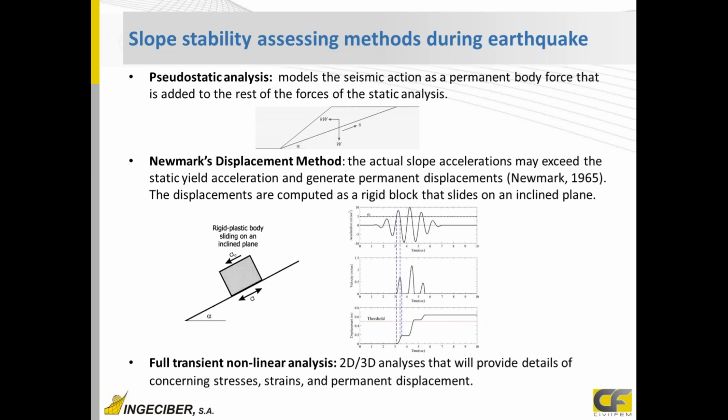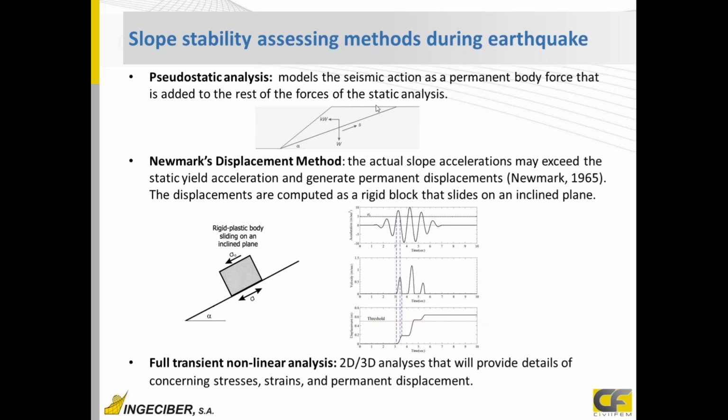For applying seismic loads, there are many methods that can be used. The most basic and extended is to apply a pseudostatic analysis and apply an equivalent horizontal acceleration. This method can give us the horizontal acceleration where yielding will happen, and also using this method and applying the seismic acceleration as a permanent body force, we can estimate the safety factor of the slope using the previous method. But the limitation of this method is that the force is considered like a permanent horizontal load. This is not realistic, and